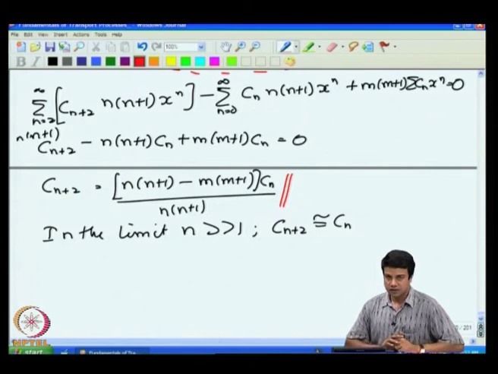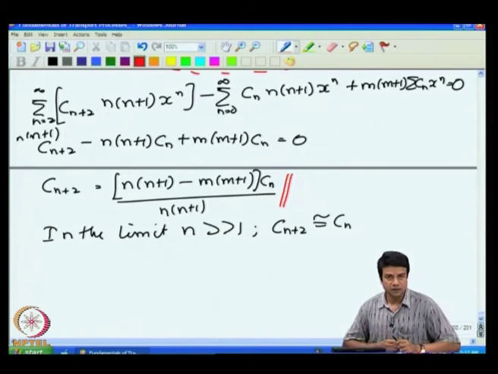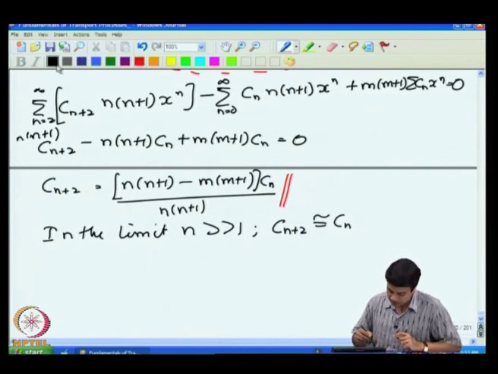Okay. If C n plus 2 is equal to 0 for some value of n, then C n plus 4 is also equal to 0, C n plus 6 is also equal to 0, and the series terminates at that point. Okay. So, the only way that a series will terminate at some value of n is if C n plus 2 is equal to 0 for that value of n. Okay. And C n plus 2 will be equal to 0 only if n into n plus 1 minus m into n plus 1